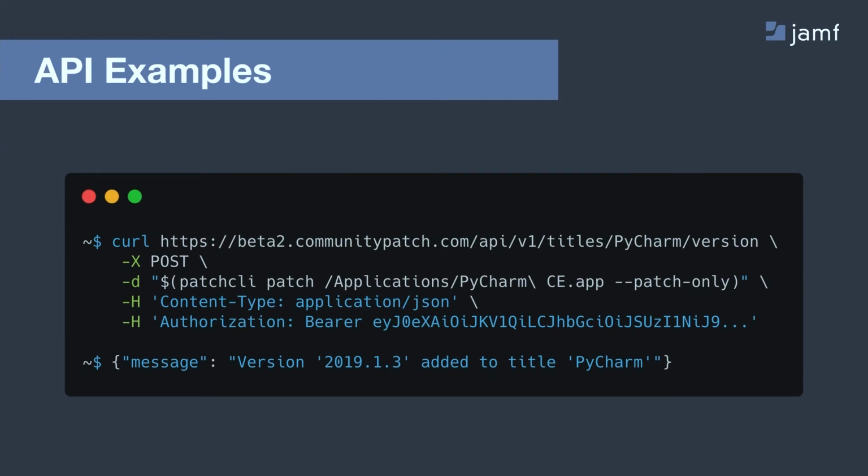Demo fail. But right after I did that, I updated PyCharm, and I had a new version. So now I want to update my patch definition to also include the newest version that I just got. So I'm going to hit beta2.communitypatch.com/API/v1/titles, but now I'm going to put the ID of my definition /version. I'm going to be posting, it accepts this /version after my title ID so that I can just